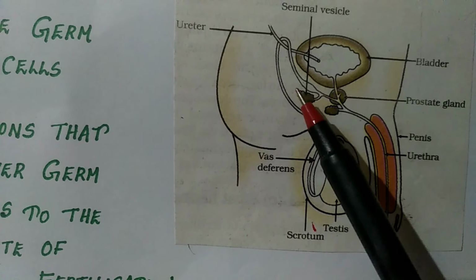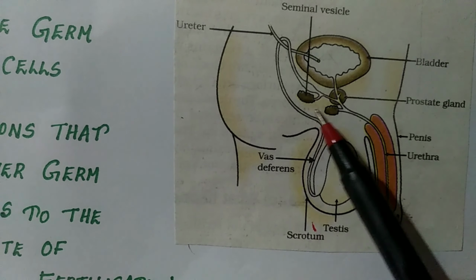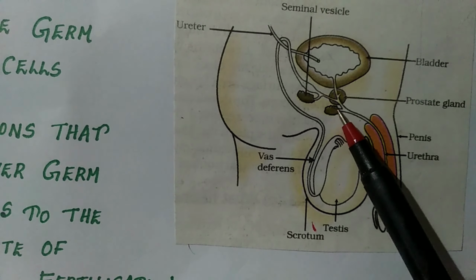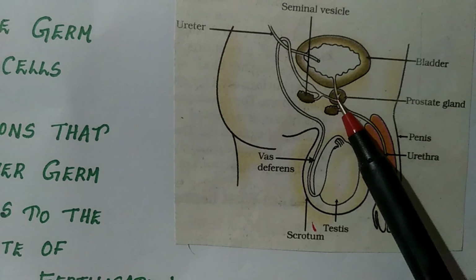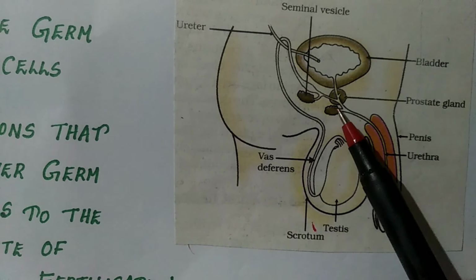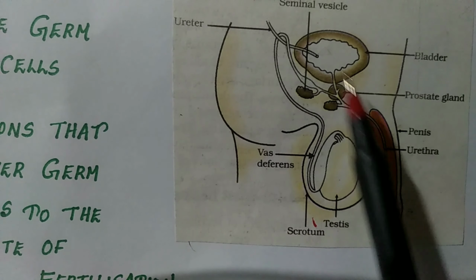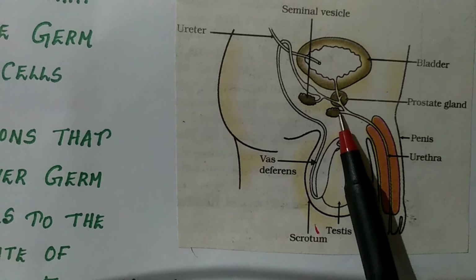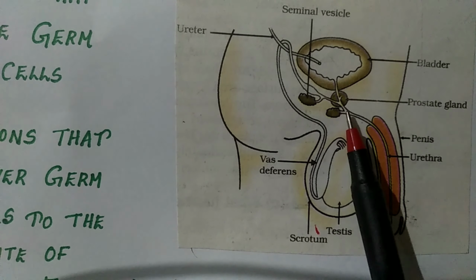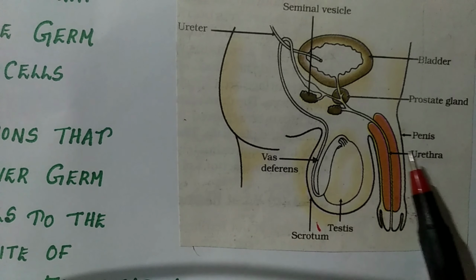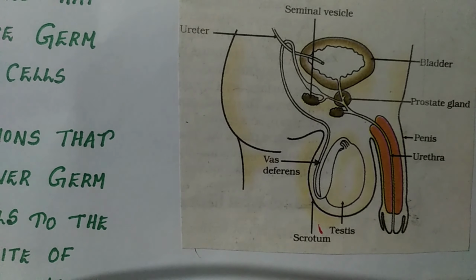The initial step of nourishment is done by the seminal vesicle, and after that, you can see the vas deferens moving through and touching another gland called the prostate gland. The seminal vesicle and the prostate gland are very important as far as the male reproductive system is concerned. The prostate gland also helps to nourish the sperms, and the secretions of the prostate gland and the seminal vesicle together form what we call semen. So the nourished sperm along with that fluid is called semen.